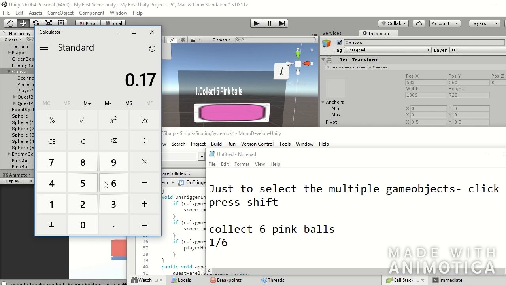So for 0.17, it should be like 0.17, times 6. Oh, it's not normal, it's 1.2. It should be exactly 1. 0.16